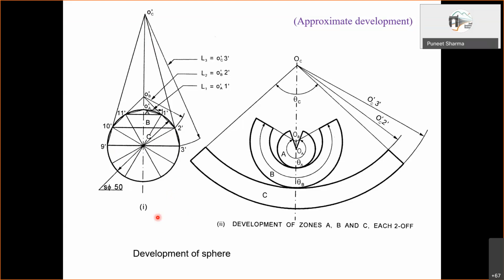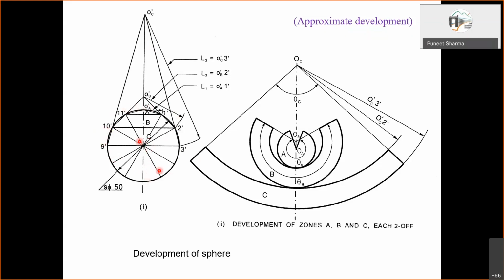Okay. So first of all, please everyone try to visualize this as the front view of a sphere. This is a circle, this dark line. A dark line is a circle. But say, assume it to be the front view of a sphere, right? Then what is done is, first of all, these all divisions have been done.